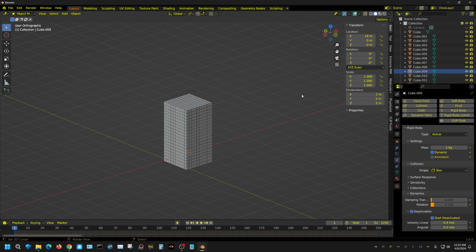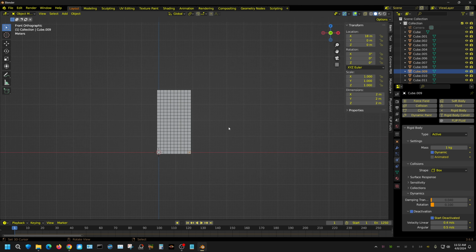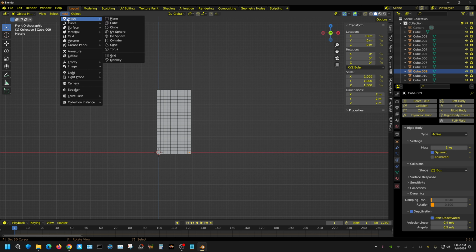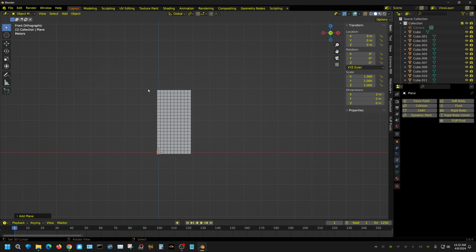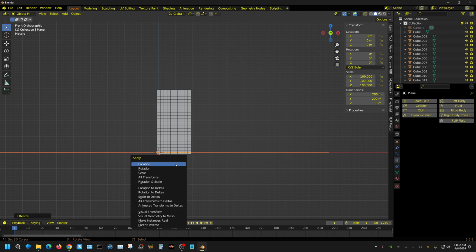Alright, now we need to add a floor. This floor will obviously be ground, so I'm going to press 1 to go to the front side view, and I'm going to add a mesh plane, and I put the plane right here. I'm going to press S for scale 100 just to make this big,